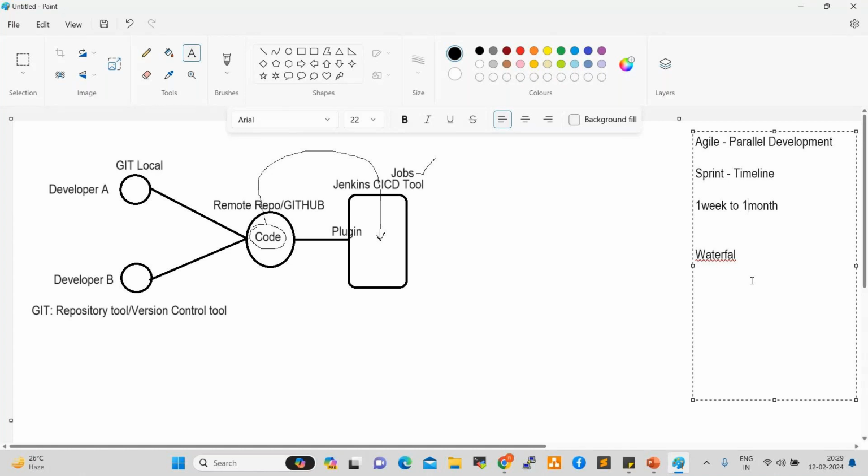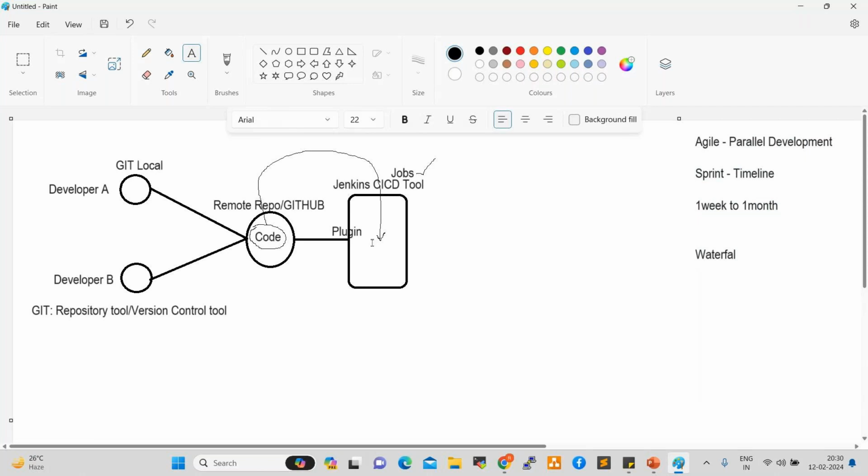So why Agile? Quicker development, very fast, right? In our organization, earlier, 6 years back, 8 years back, when developing a small application, developers used to take 6 months, 1 year, 1.5 years. Currently it takes 1 month, 15 days, because of sprints, parallel development, Agile methodology. We are using DevOps tools. It's very fast, right?